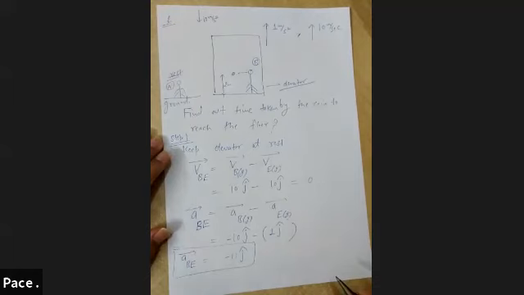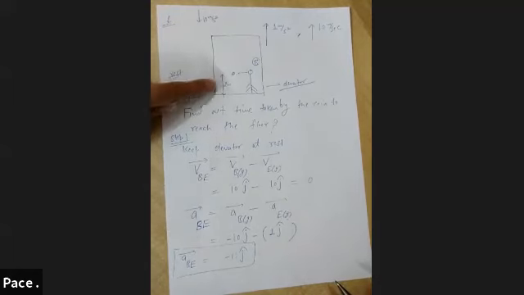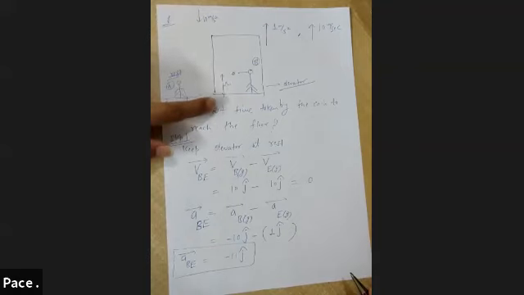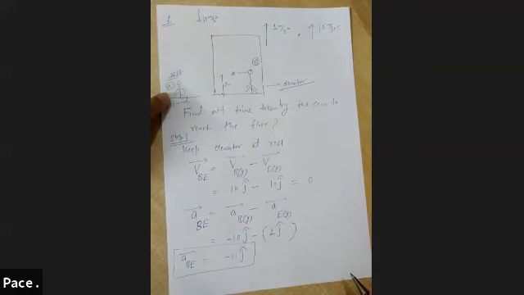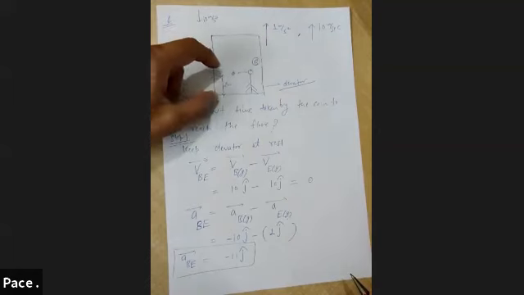Why we are doing it? Because with respect to elevator, this coin has to travel 2 meter, but with respect to ground, this distance would be less before it hits the floor. Why? Because lift is also moving up. I am inside the lift, I have released some coin and lift is moving up. So that distance traveled would not be 2 meter, it would be less than 2 meter with respect to an observer standing on the ground. But if I am inside the lift and if I ask lift, then lift will tell me that coin has traveled 2 meter with respect to lift.